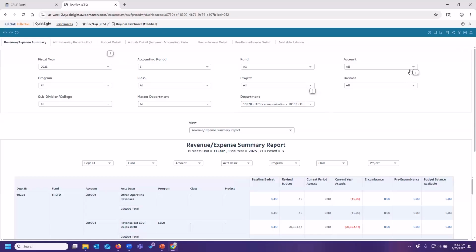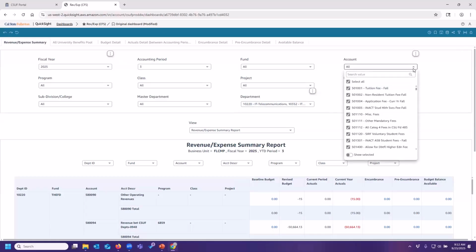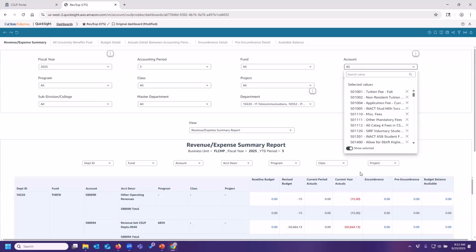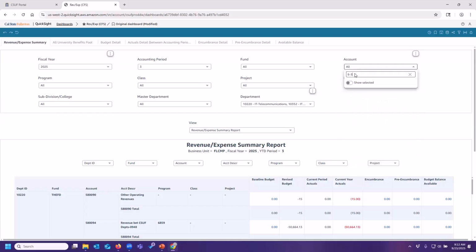On this particular report, we often will have you, with the account codes, remove the university funded benefits account codes, because the benefits don't really impact your budget. They come in and go out in the same month. So a lot of people choose to remove them because it's extraneous to what they're doing. I'm going to show you how you would do something like that. First we're going to do show selected, because I do want to select everything, but I only want to remove the 603s.